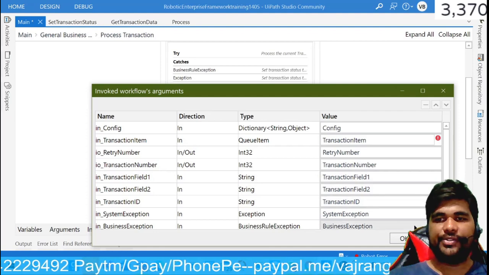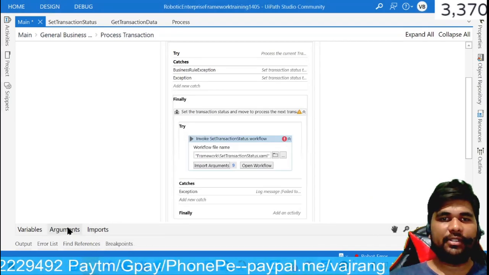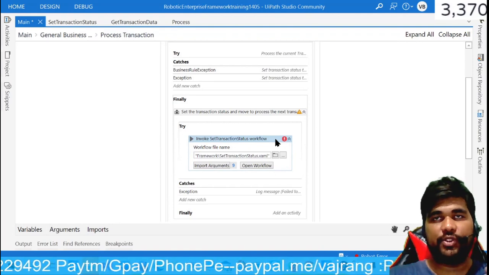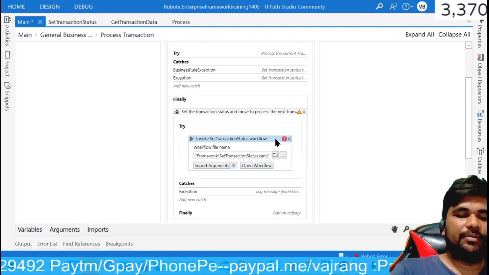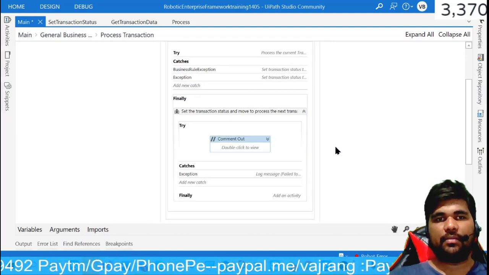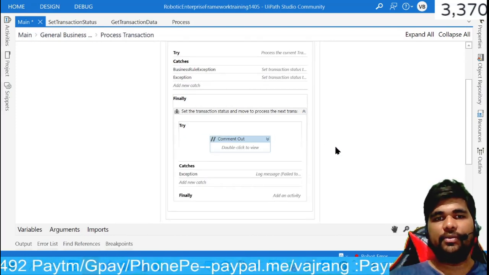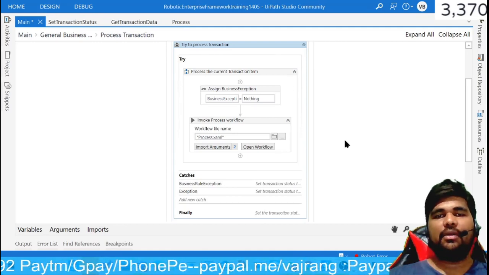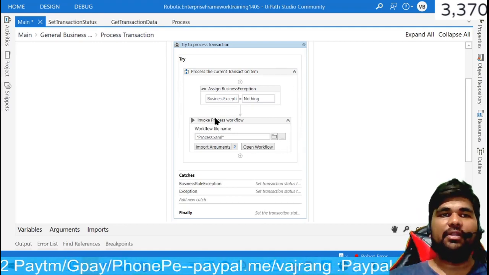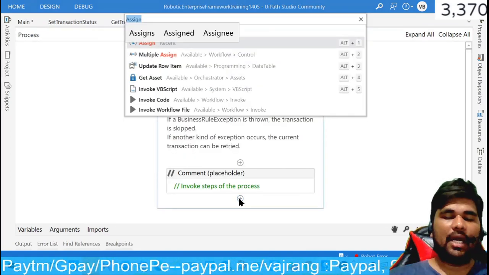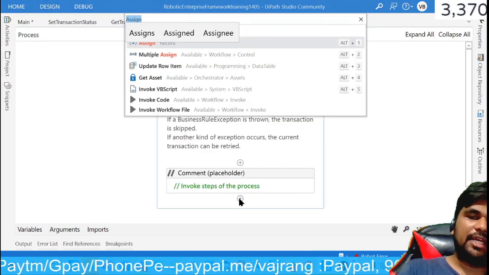Okay, so for this particular example, since we are not using queues, let's comment it out. All we are trying to do is print some values from the array and post it in process. Okay, now we have a value that's available.